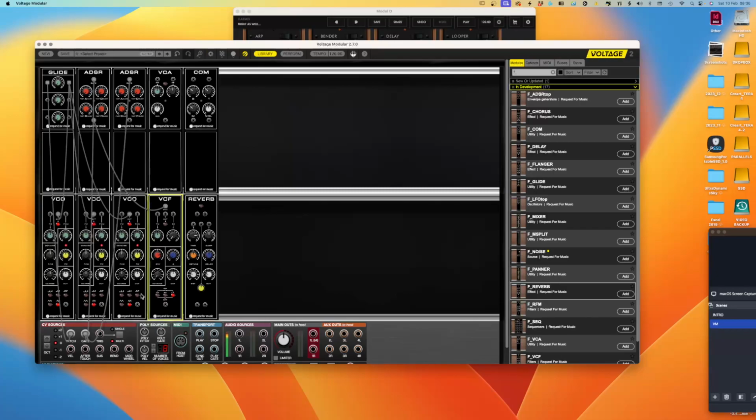So first of all, let's connect it up this way, and I'll connect the output of the VCF, and of course I need to have some input, so I'll connect those VCOs up to my filter, and I'm just doing it mono at the moment, but I'm using my reverb as